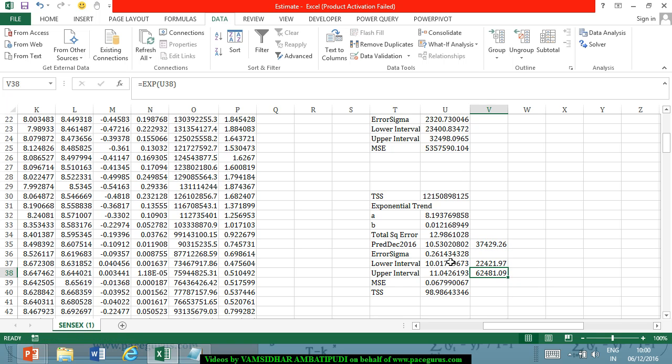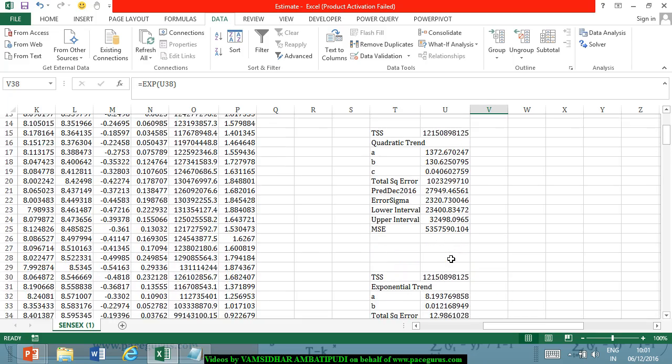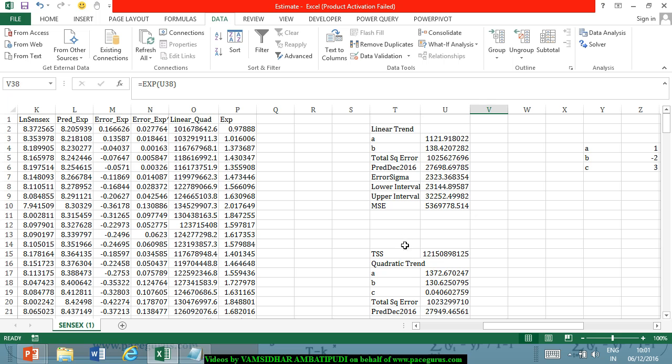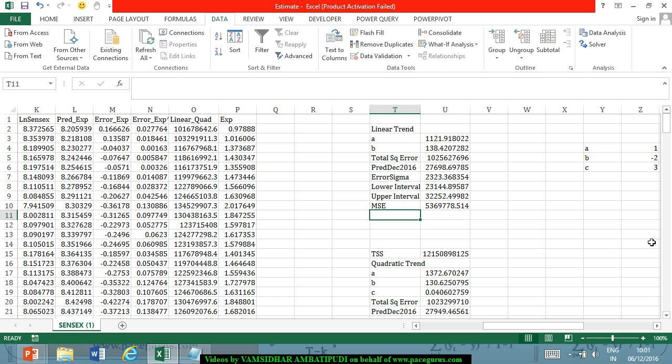Okay, so now I can find out the total sum of squares. We have already found out the total squared error, and based on that now I can find out the r squared, which is 1 minus the total squared error divided by the total sum of squares. So that gives r squared,